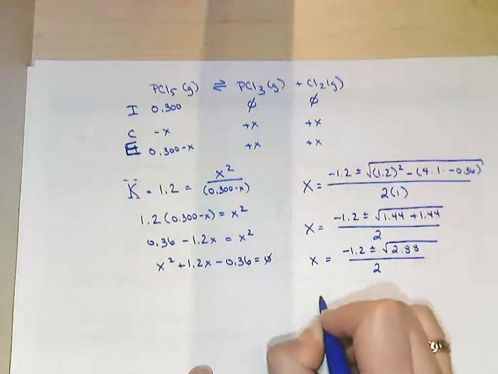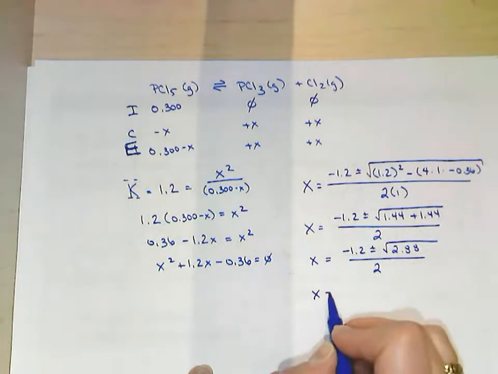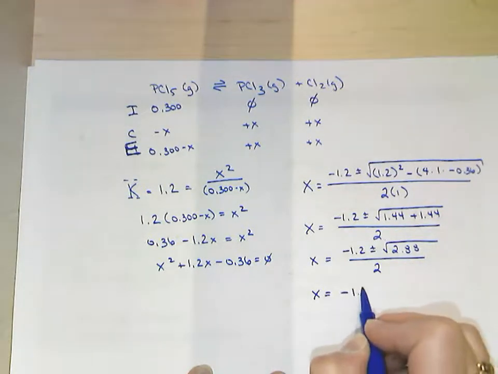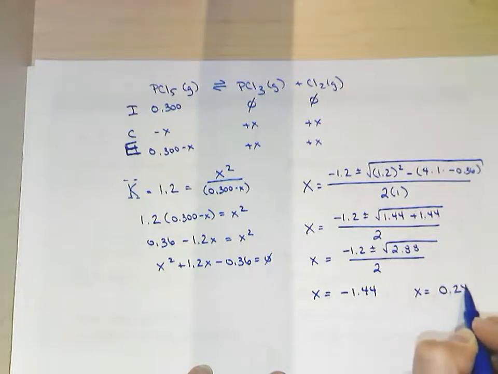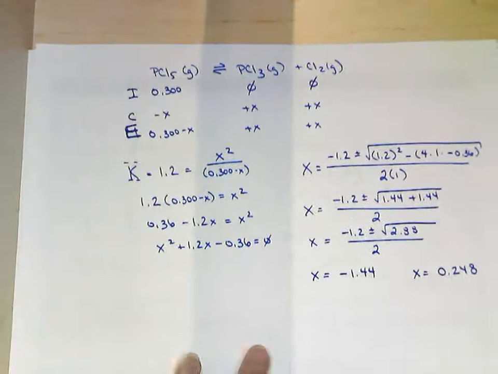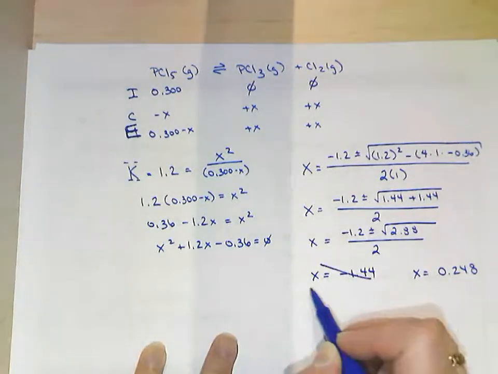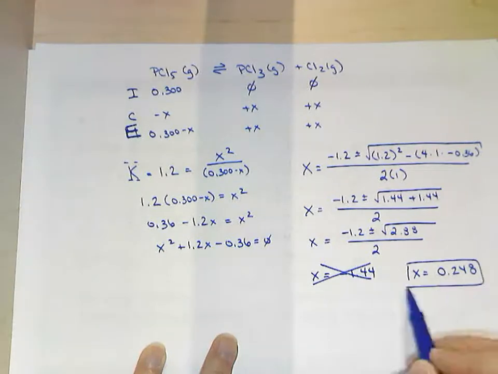We get to the point where we have our two options of x. X could either be negative 1.44 or x could be 0.248. And again, it has to be a positive number because it's a molarity, which means we have this as our value of x,